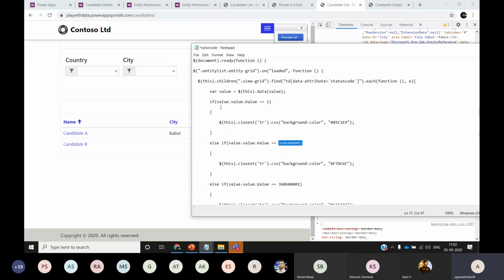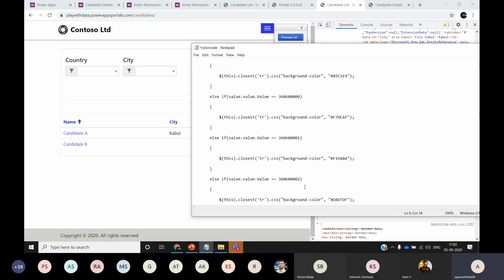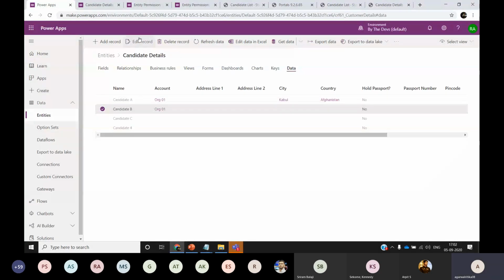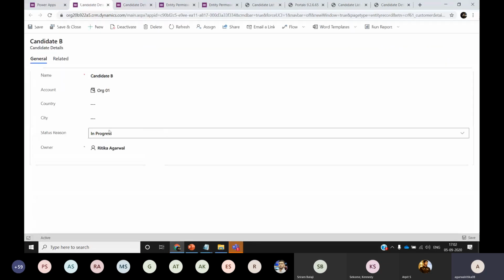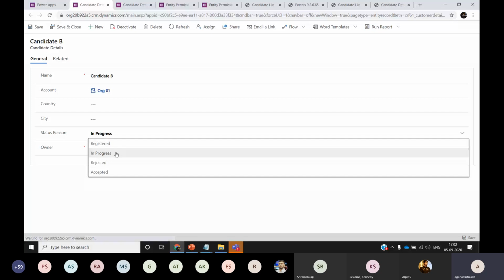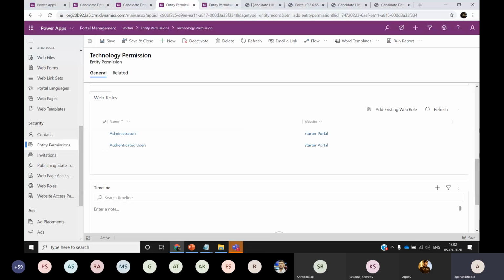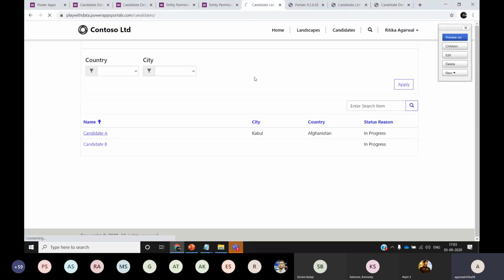So here the code will fetch the value of the status code column, then check which option it actually corresponds to. Here I have not written the actual values for the status options, but let me come back here for the candidate B record, and I'll try to change the status from in progress to something else. It says registered, in progress, rejected, and accepted. So I'll select accepted. Now, if I come back to my page here and refresh this,